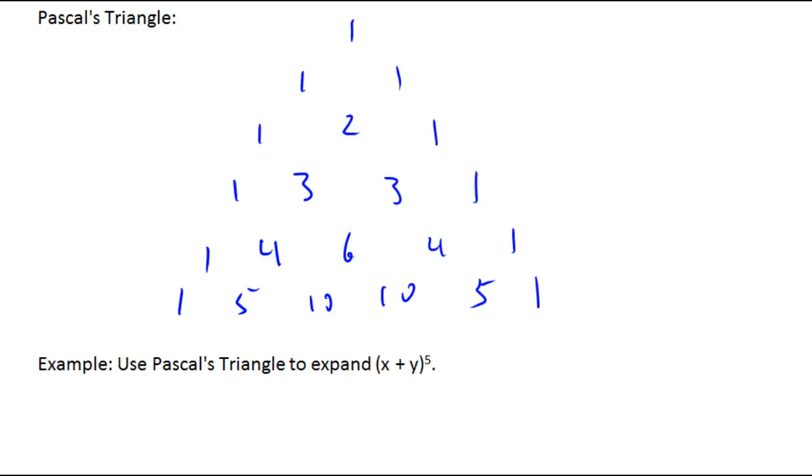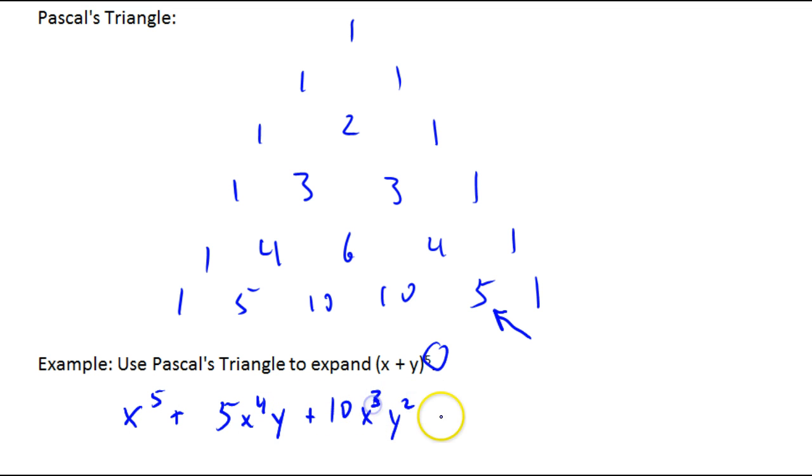For example, we can use it to expand x plus y to the 5th. Since we're raising it to the 5th power, I'm going to use the row that has 5 in it. So it's going to be 1x to the 5th plus 5x to the 4th y plus 10x cubed y squared plus 10x squared y cubed plus 5xy to the fourth,